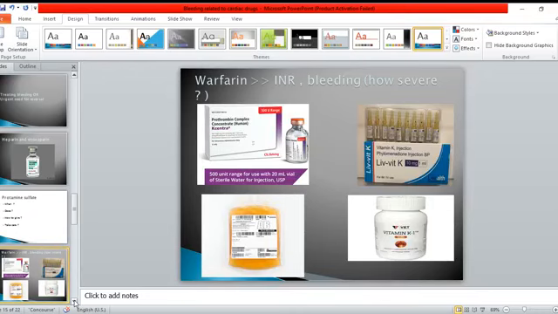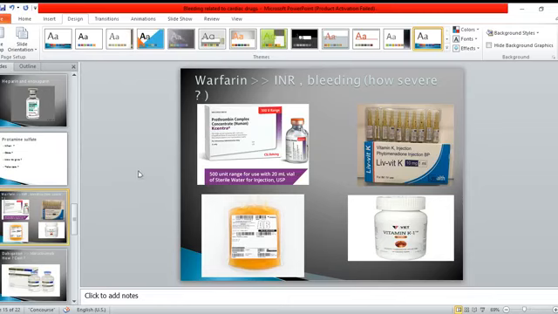For warfarin, if the INR is prolonged and no bleeding, no need to give any drug, or give oral vitamin K. If the INR is above 8, you may give oral vitamin K and repeat the INR after 24 to 48 hours. If there is a minor bleeding, you may give oral or IV vitamin